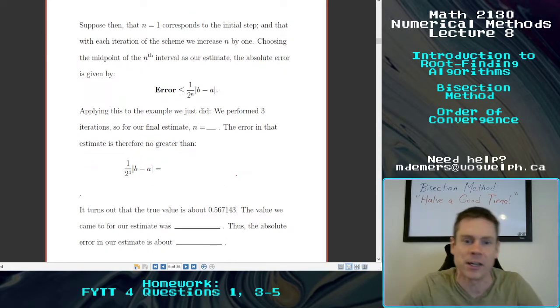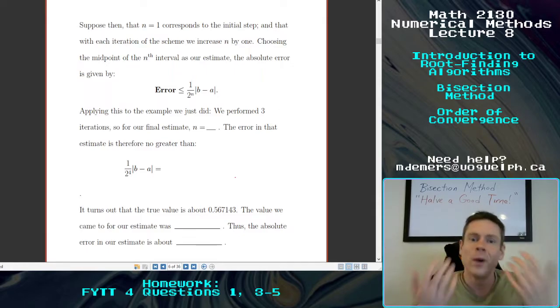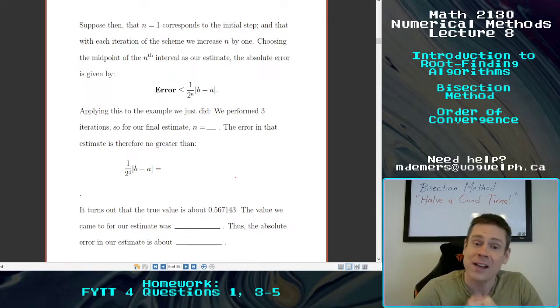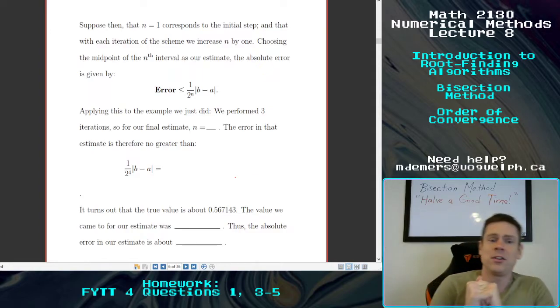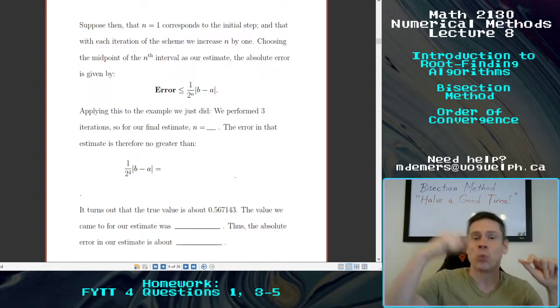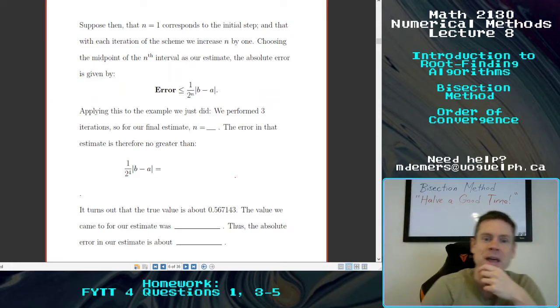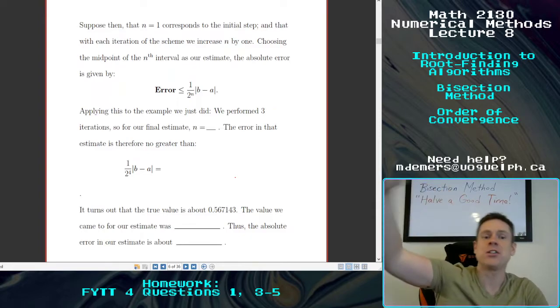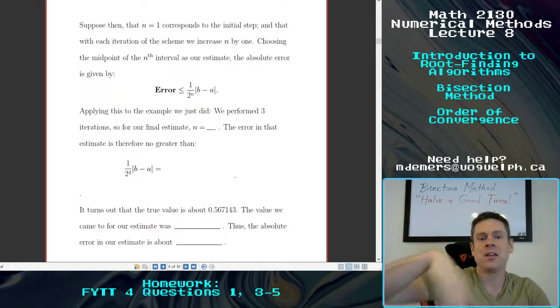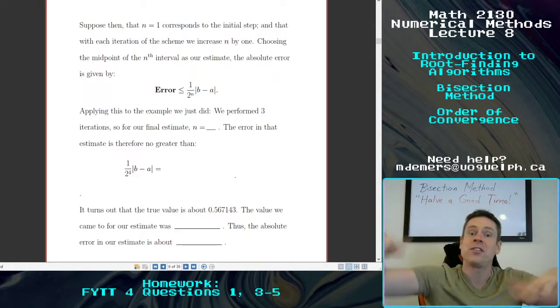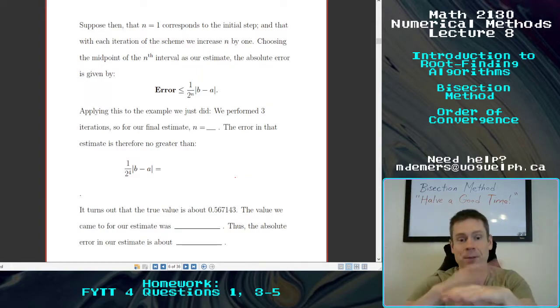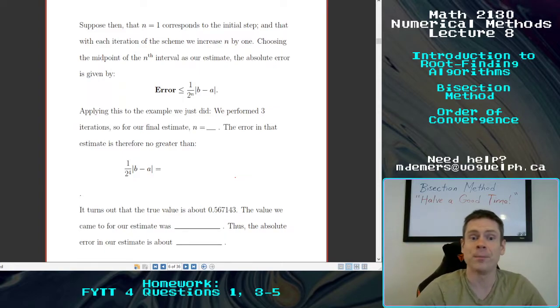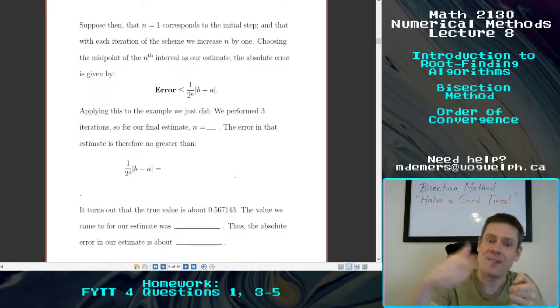So it's going to be a bit longer here, but what is the error associated with our estimates? That's going to be of importance. Suppose that we attach one extra little piece of data associated to each step of that algorithm. We're going to let n equals 1 correspond to the initial step, and with each iteration of the scheme, we increase n by 1. So our first interval is n equals 1. Our second interval is n equals 2. Our third interval is n equals 3, and we arrived at a fourth interval that would be n equals 4. The error is halved every single time